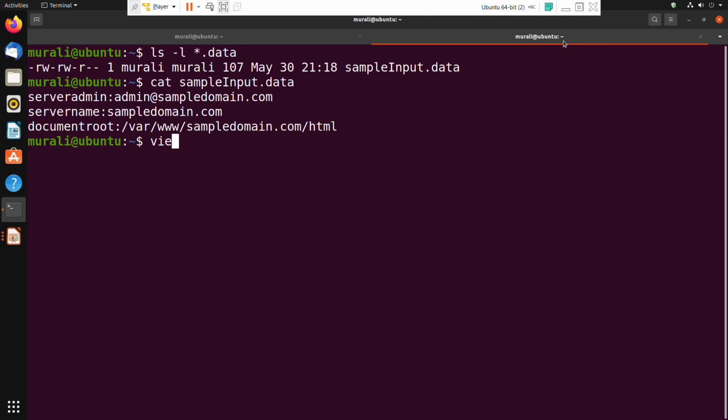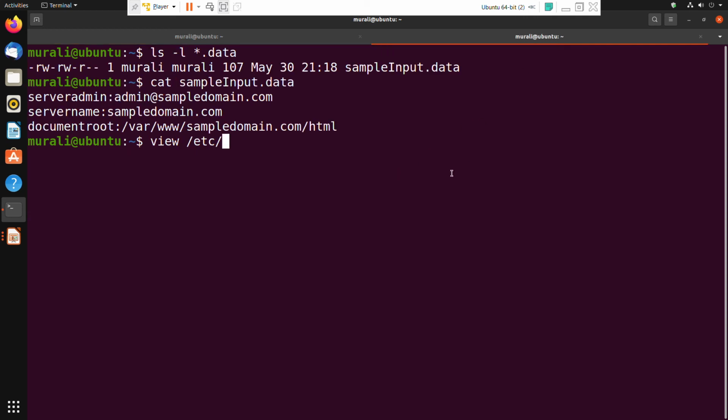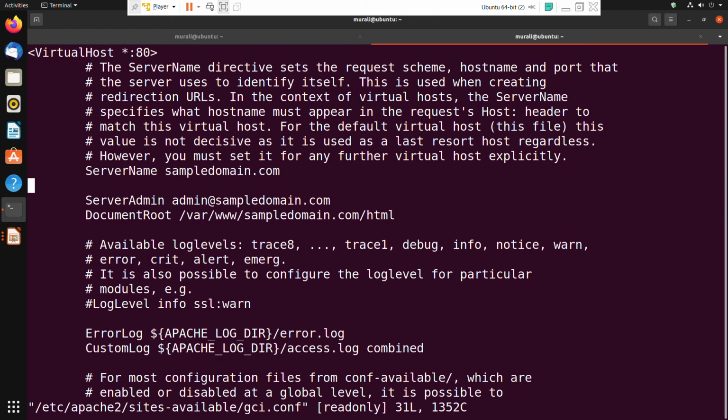So view /etc/apache2/sites-available/gci.conf. Check the entries: server name sampledomain.com, admin at sampledomain.com, and /www/sampledomain.com/html. These are the entries which we wanted to append.